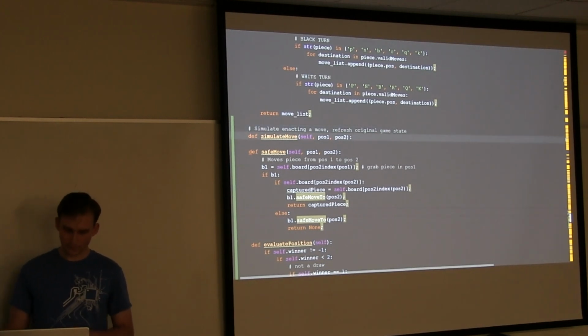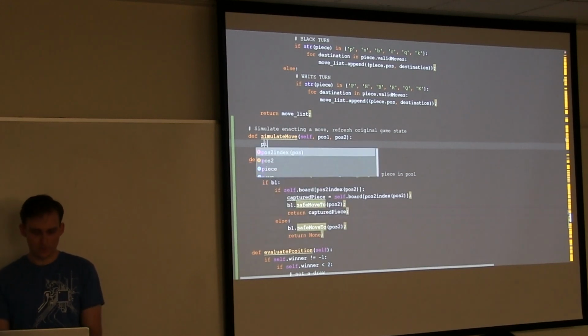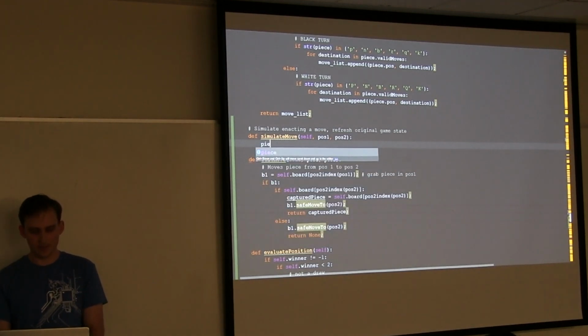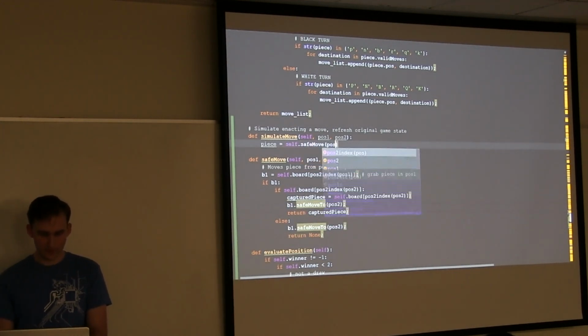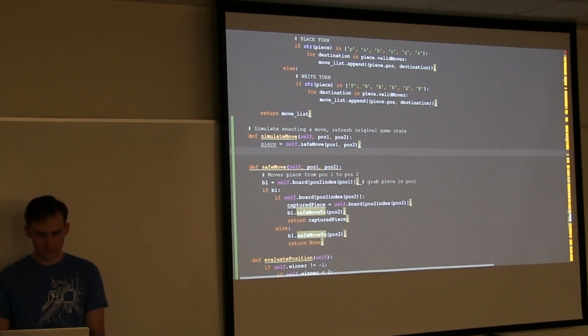Okay, so from this point, we're going to try and do a safe move right away. So self.safe move from position 1 to position 2. And we're storing what it returns in that piece.